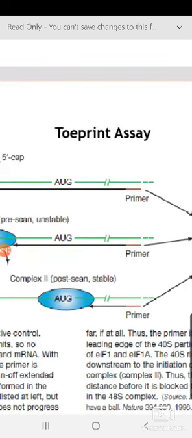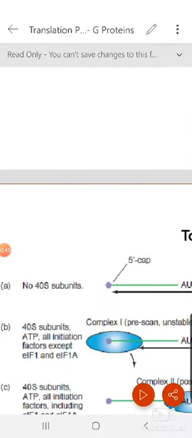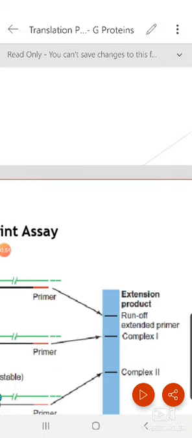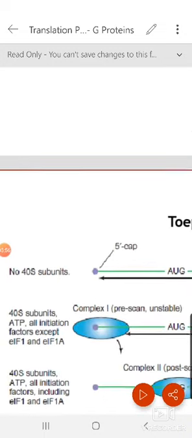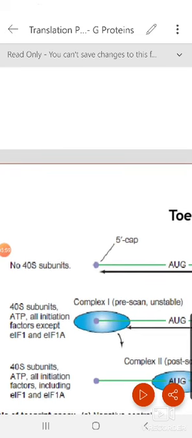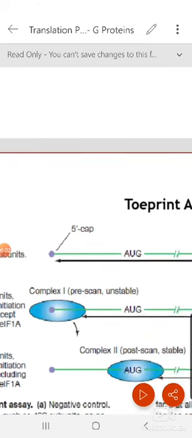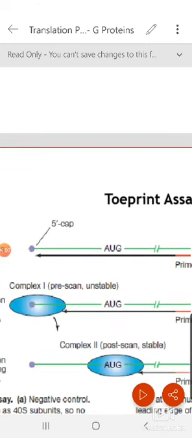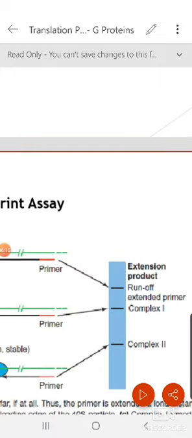When there is no extract incubated, in vitro we are getting a full length mammalian beta globin cDNA, which is pretty big and gives this band. Now when you incubate with the 40S subunit with all the factors except these two, the cDNA gets synthesized, but because the factors are binding at the cap binding site, it stops when it reaches the edge of this complex. They have named it complex 1. So the length is smaller than this one.